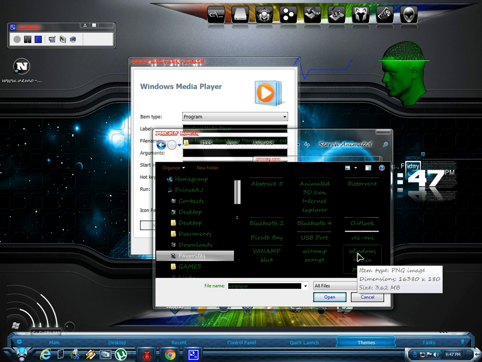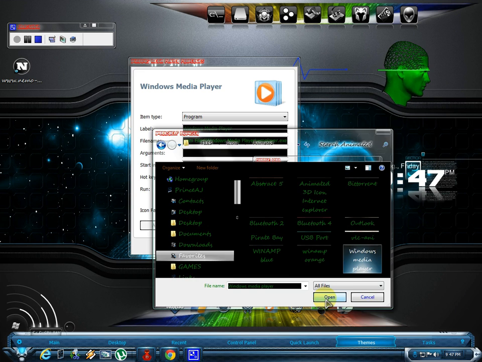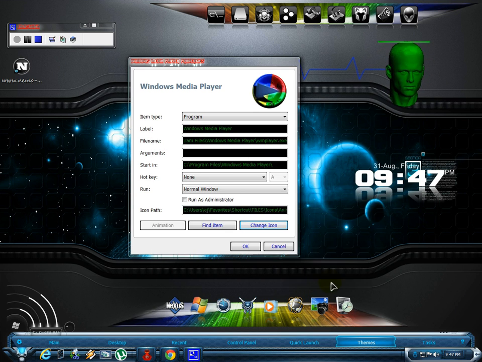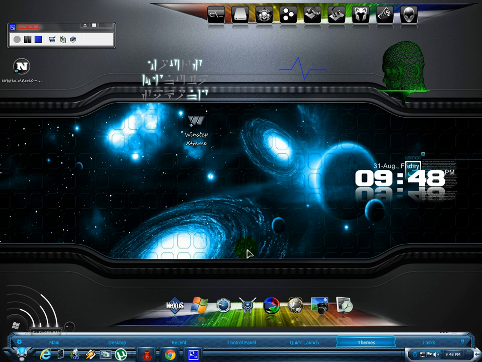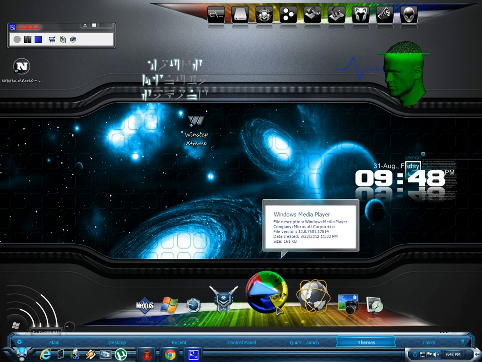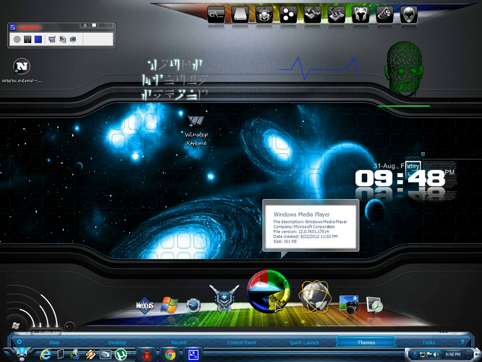And choose the icons that you want. I'll choose media player because we will be changing Windows Media Player. Click open, press OK. Okay. Now there you have it. Your new media player animated icon.